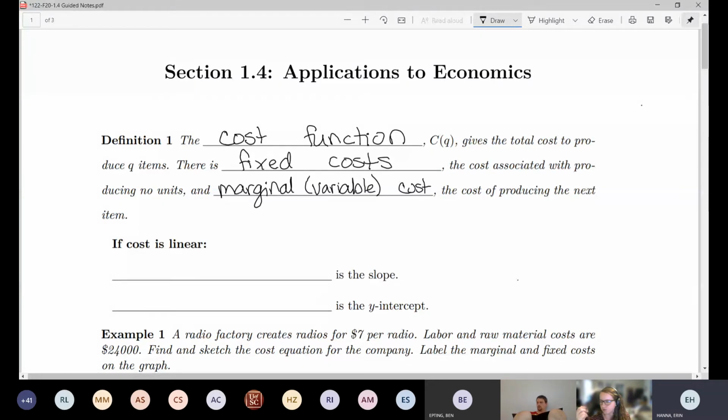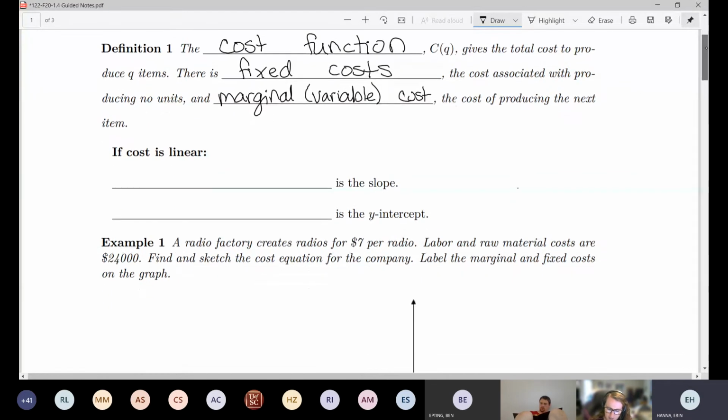So say you crochet things and it costs you $2 in materials to make each one. Then your variable cost would be 2, because for each extra thing you add on, your costs are increasing by 2. If your cost is linear, which is the only type of function we have at this point in time, we're going to have some popping up in a bit. The next section, 1.5, is the next type of function we're going to talk about. But anyway, if it's linear, then it's kind of nice because the marginal cost